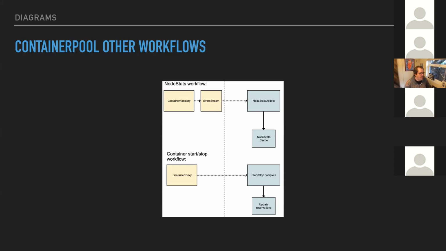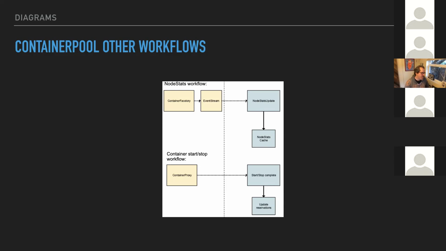In our example, we have a Mesos container factory change that would be coming on top of this that would say, okay, now the Mesos container factory is going to generate node stats data, and hopefully it will be obvious how someone can make the same kind of change to the Kubernetes container factory to say Kubernetes is going to collect data from kubectl or from the metrics API or whatever, and generate the same type of node stats data so that the container pool can access it and make decisions based on that.